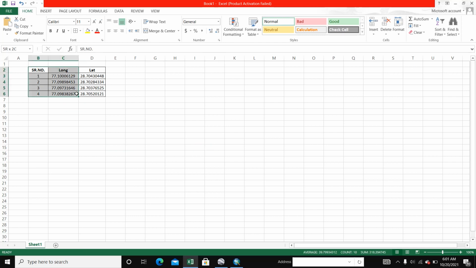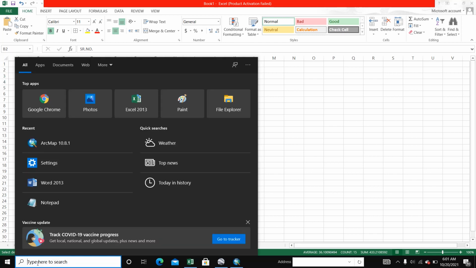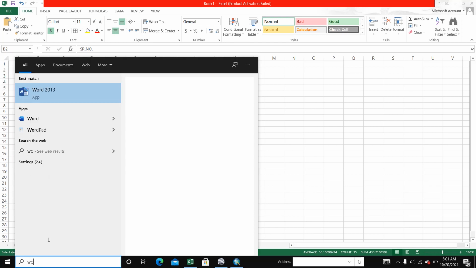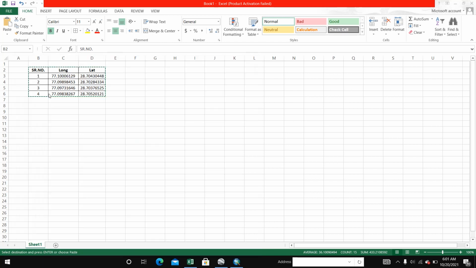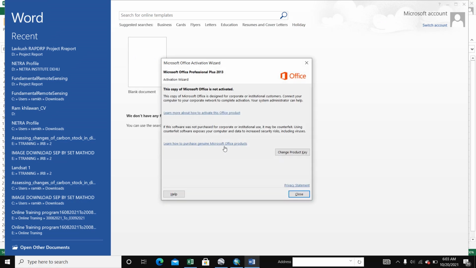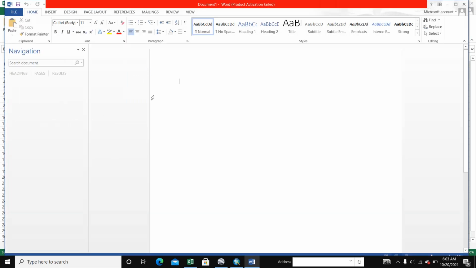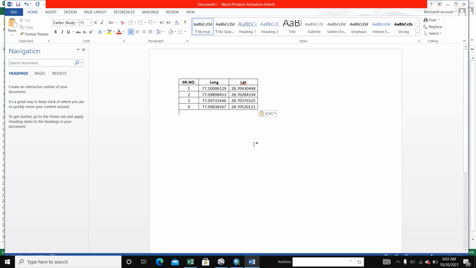If you want to go to Word format, you open Word and we also paste here. Here is the Word file.